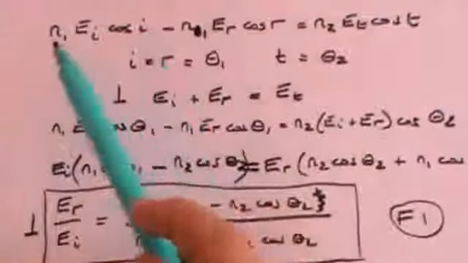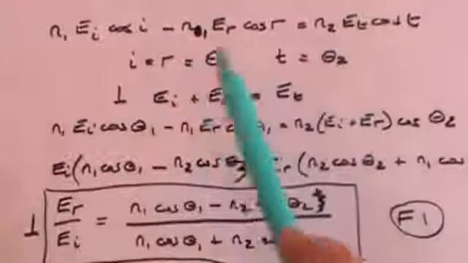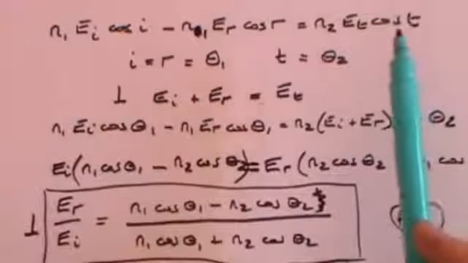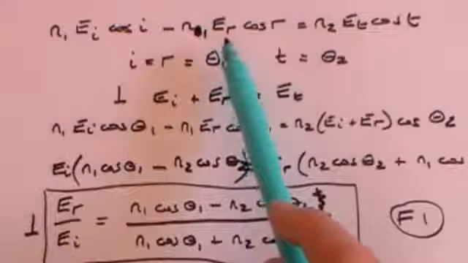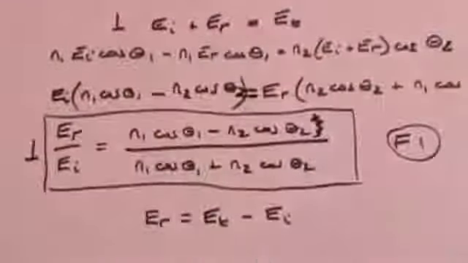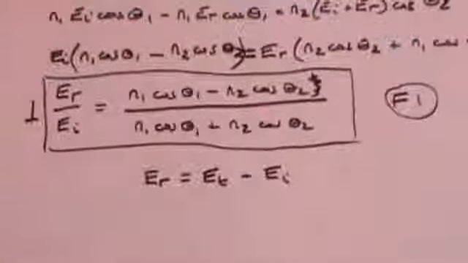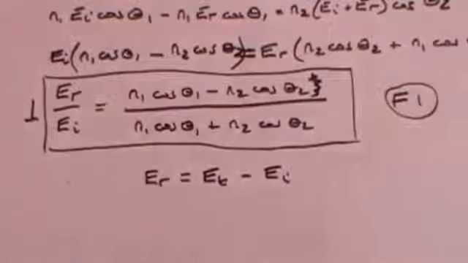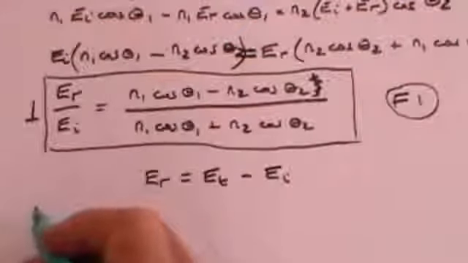And once again we're going to substitute theta 1 and theta 2 for I and R and T. But this time we're going to change ER into ET minus EI. Unfortunately you can't see it, but I hope you'll be able to remember, well you probably won't, but I'll tell you that the formula therefore becomes